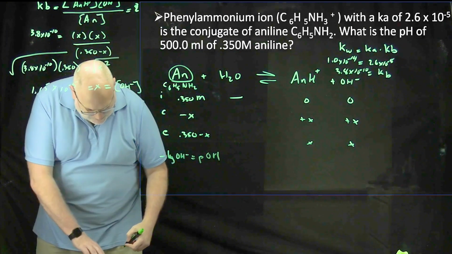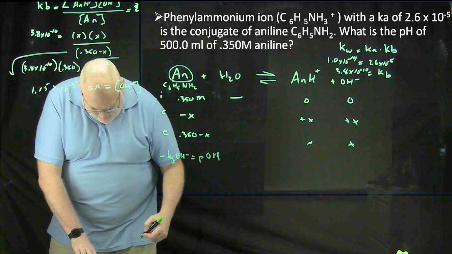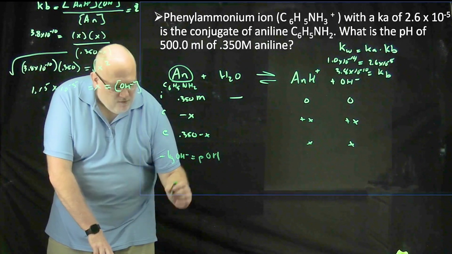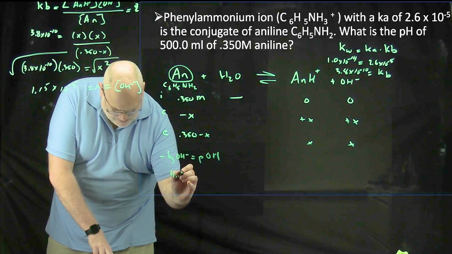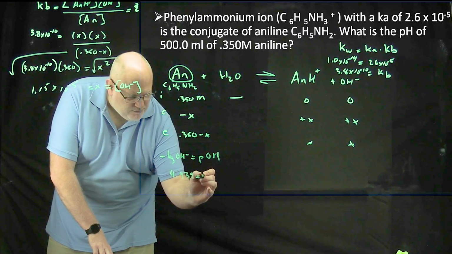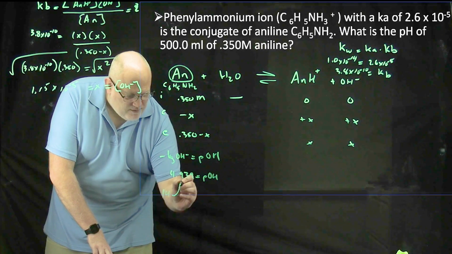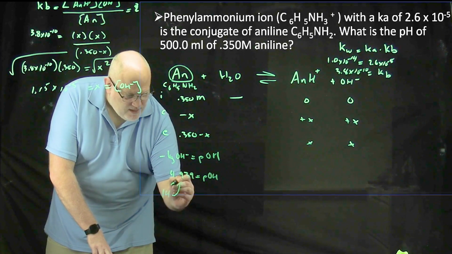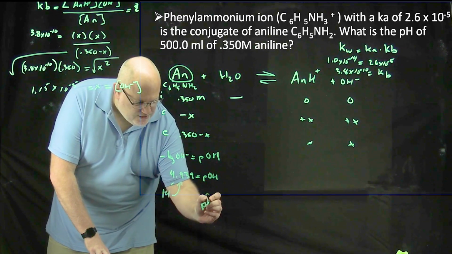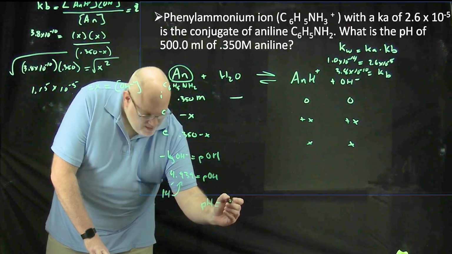In this particular case, your negative log of this gives you 4.939 as your pOH, which you can then subtract from 14, and you end up with your pH equal to